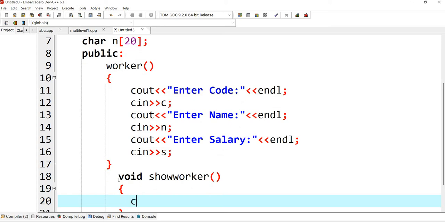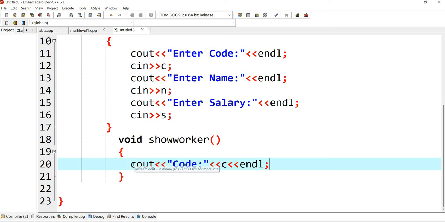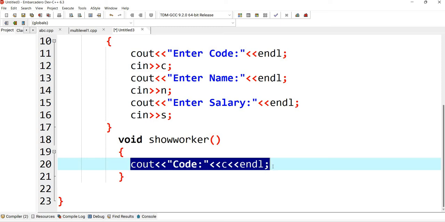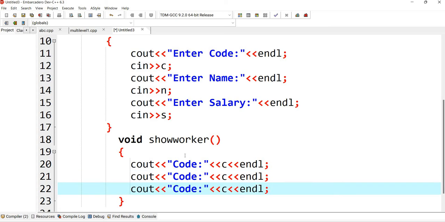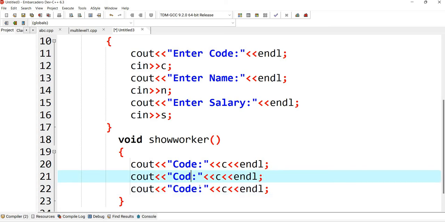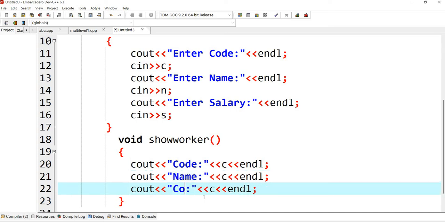Cout code, endl, and it will be repeated for all the three: second is your name, third is the salary.